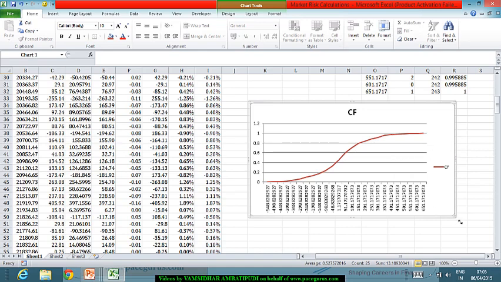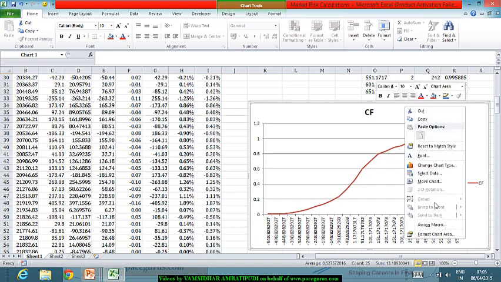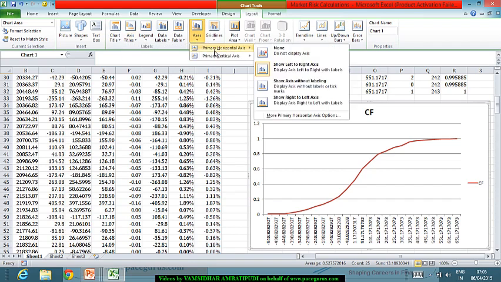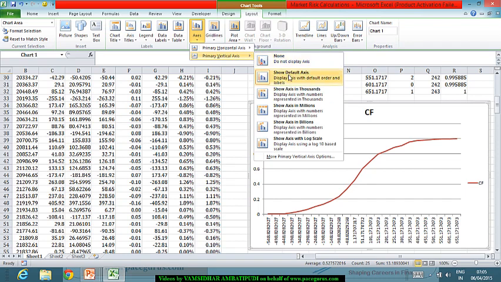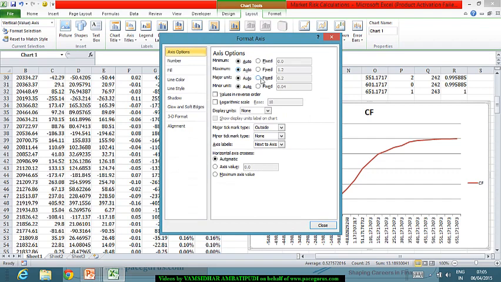Now let's say I am more interested in looking at the value at risk, let's say with 95% confidence interval. What I can very well do is take the 5% values, which means this graph also I'll edit just to showcase the 5% scenario. Right, I'll look at the vertical axis, where I'll take the major unit not as 0.2, but as 0.05 to make things easier for us to